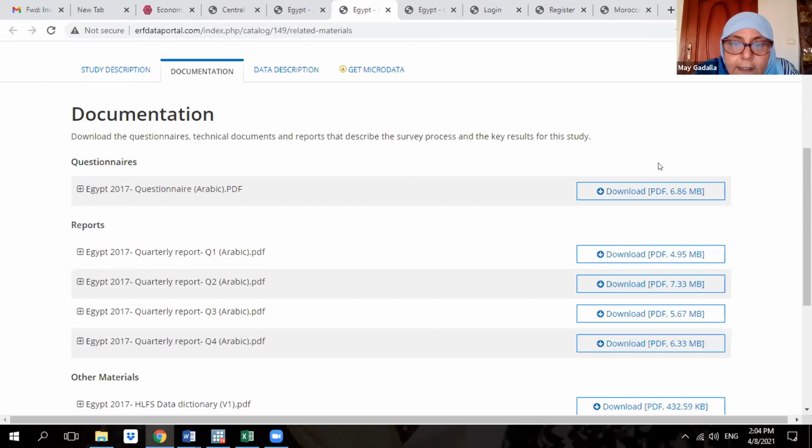Even before forming the research questions, I advise them to go through the data sets and the list of variables, for instance the data dictionaries, and make the research question from the variables available and not the other way around. I mean, don't have a research question and then look for the variables. First look for the variables and then have your research questions. Actually, the way in Egypt, I'm sorry, but this is the easiest way: usually we readjust the research questions based on what is available. Yes, they can readjust, definitely.